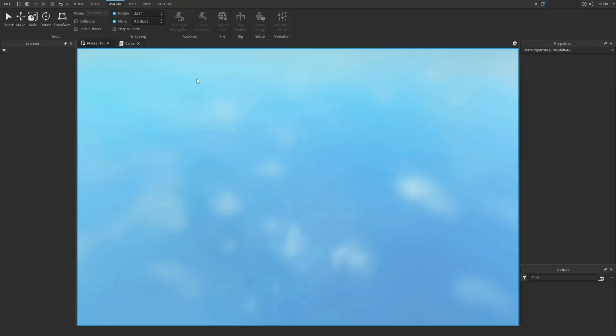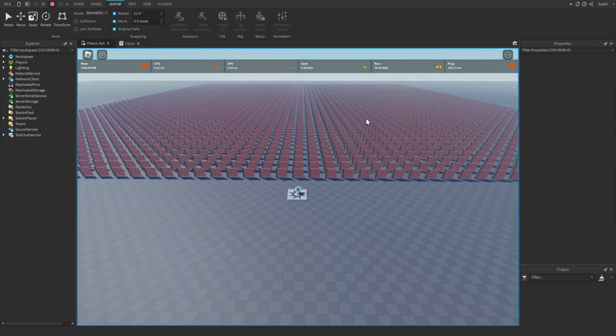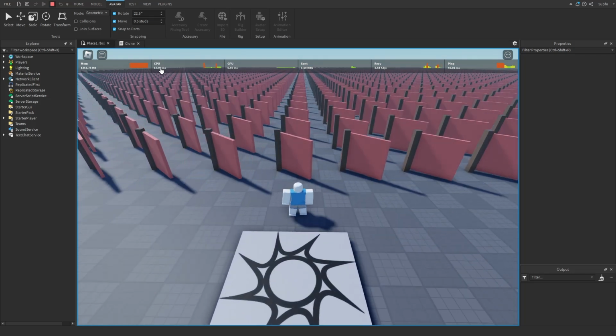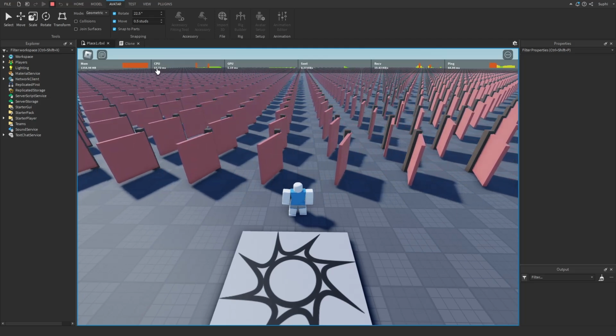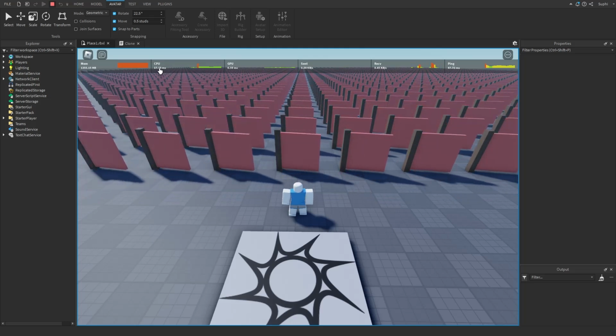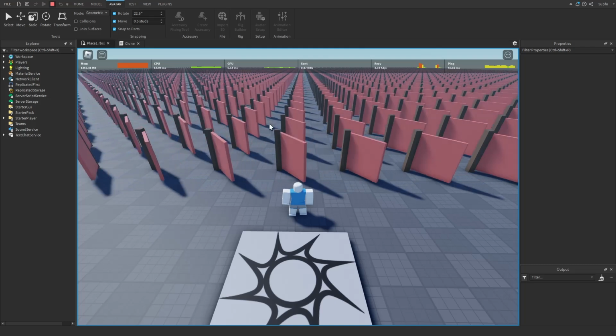Okay, so if we now play test the game, we should see a whole load of doors. We can see that my CPU usage is around 5, but once the doors start animating, we can see the CPU usage goes up to around 16. And when the door closes and stops, it should go back down to around 5-ish. Here we can see the CPU dropped for a second, and then once it started moving, it went back up